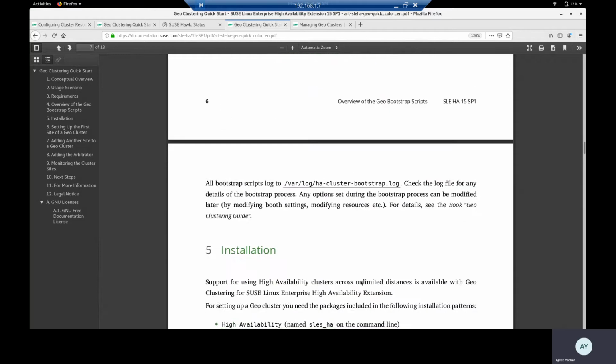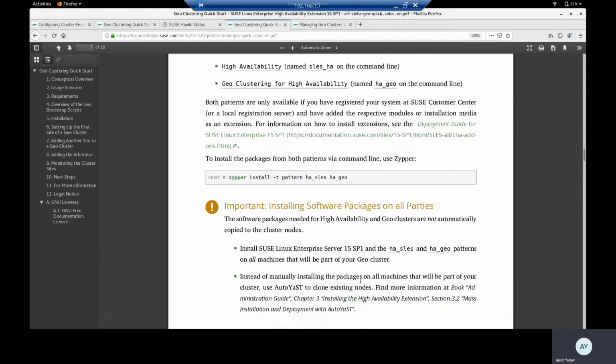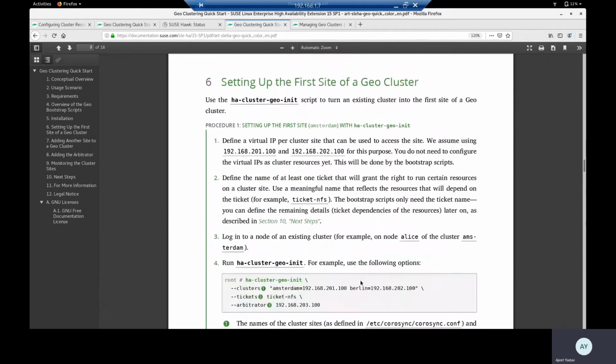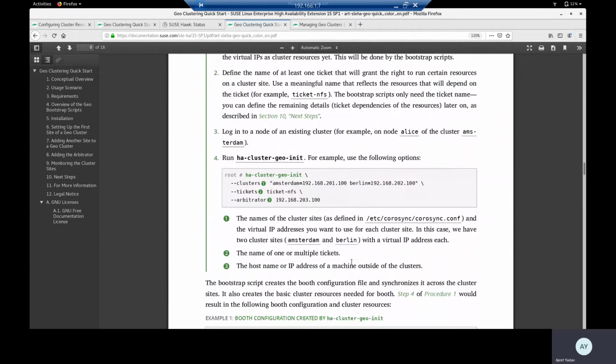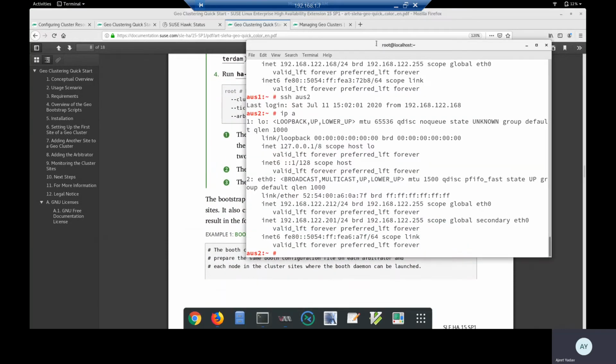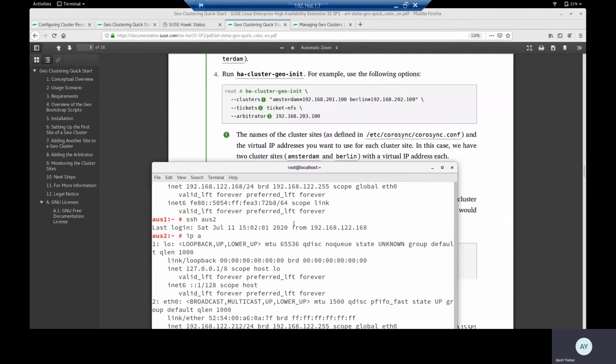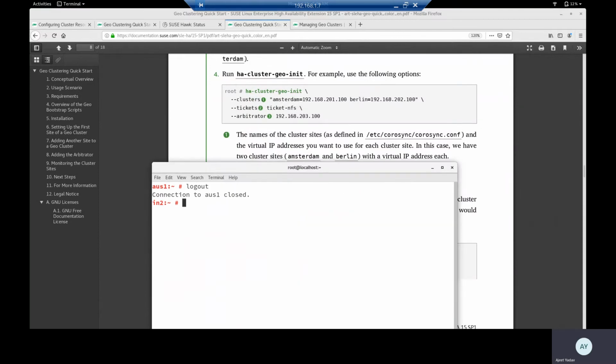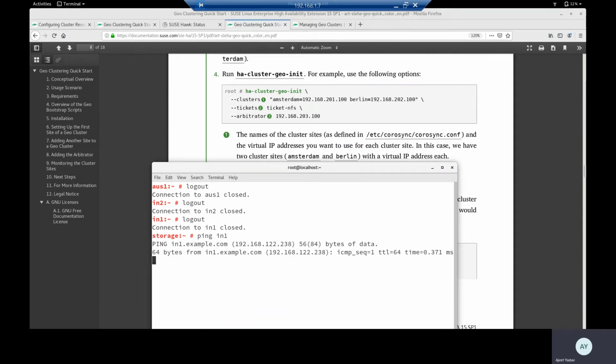So let's come a little down. So this is to be run on my first site, which is India. So let's come here and check. One thing more, I have to copy my host name because the name of the machine is not yet correct.